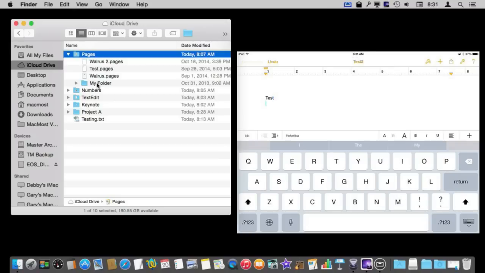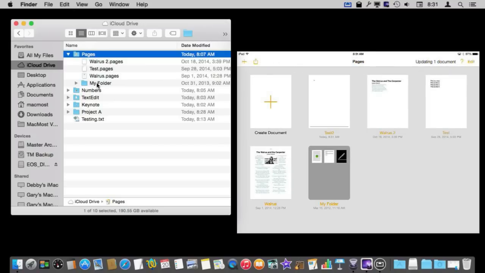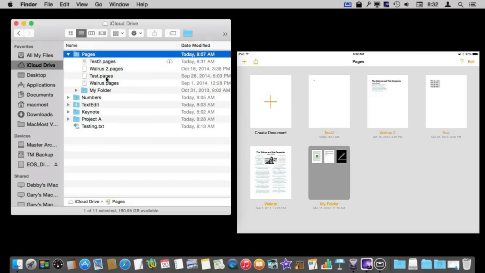And then I'll go back to the document screen, and you can see test 2 is there, and if I wait I'll see that test 2 will now go over. It says here updating one document, and it's sending it to the iCloud server, and then once it's in the iCloud server my Mac will recognize that there's a new file there and will update it here, and I can see it's here. There's a little symbol there saying it's not yet downloaded, but if I just wait a few more seconds that symbol will disappear as it syncs to the Mac, and now I've got this file in both places.